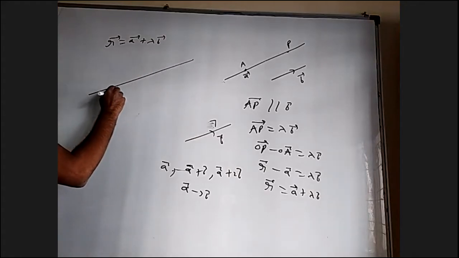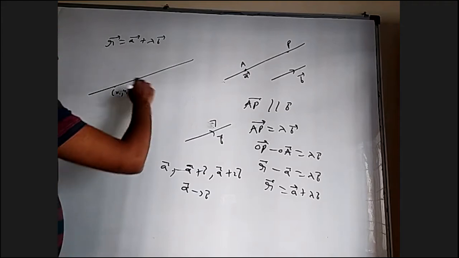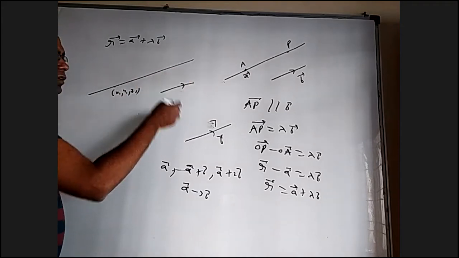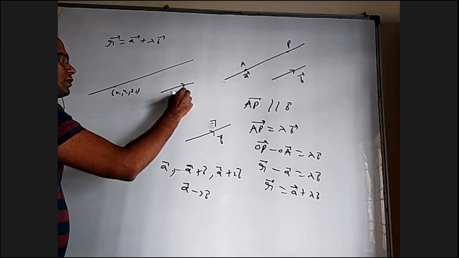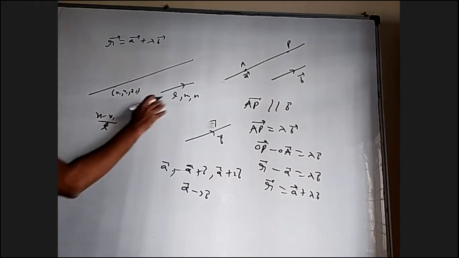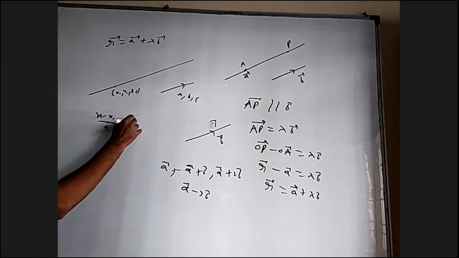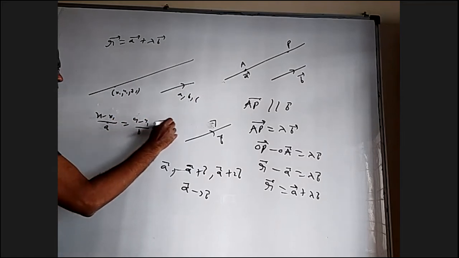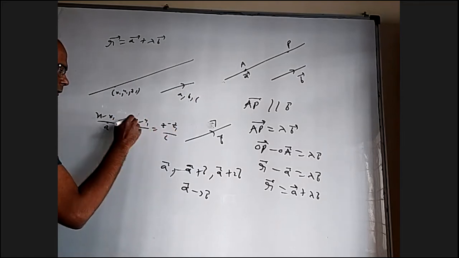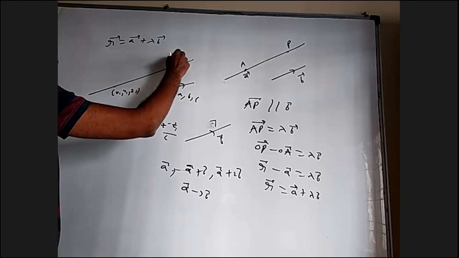Let us say I have one point x1, y1, z1, and the line is parallel to another line, or the line itself has DRs. They can be DRs or DCs, not a problem. Then in 3D geometry, the equation of this line is x minus x1 by L, or if DRs are A, B, C, x minus x1 by A equal to y minus y1 by B equal to z minus z1 by C. How did this come in 3D geometry? You take any point as x, y, z.